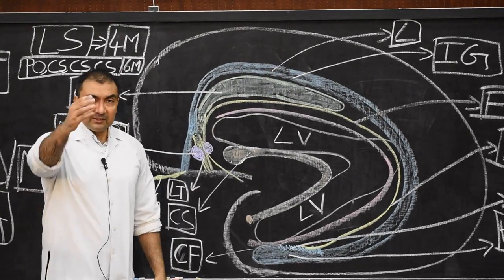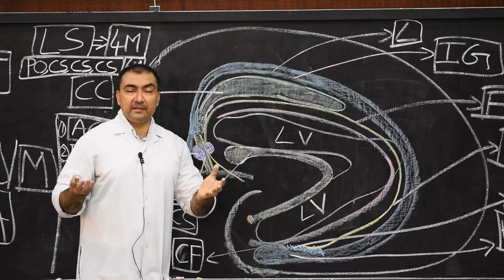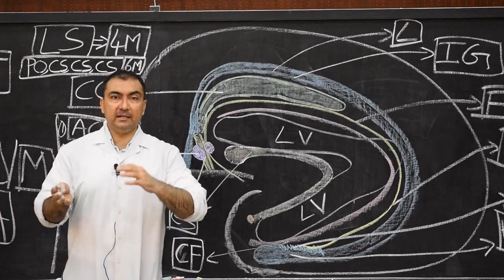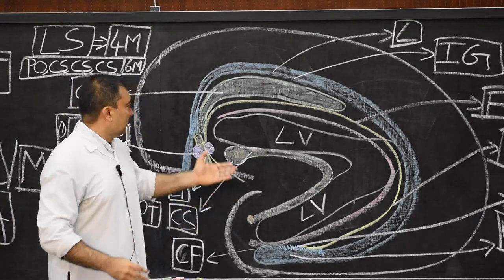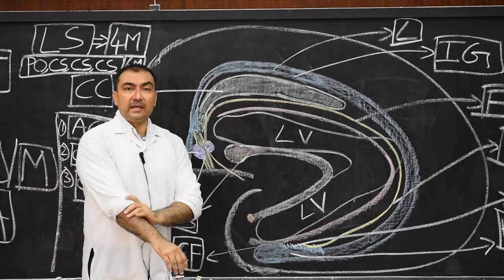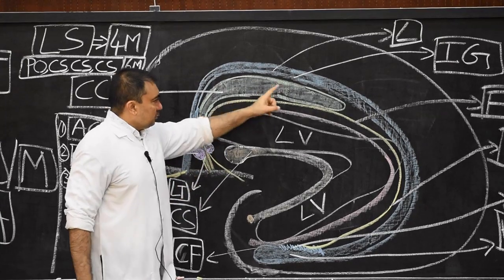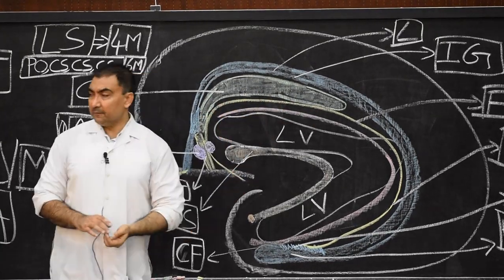Now this corpus callosum, what will it do? Since it is the biggest commissural fiber, it will connect the areas of neopallial cortex on either side. The neopallial tissues of the right and left cerebral hemispheres are connected through the entire corpus callosum. So this is how the corpus callosum will develop, and therefore here we finish our commissures.